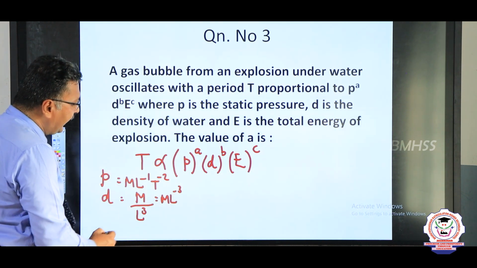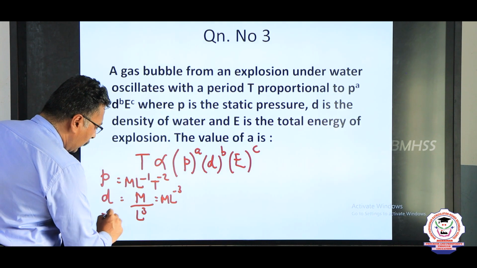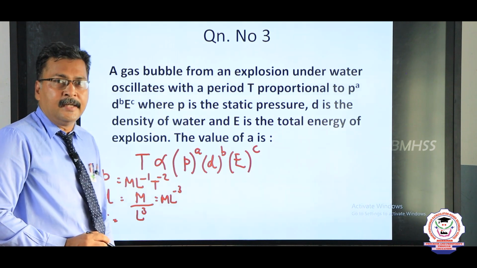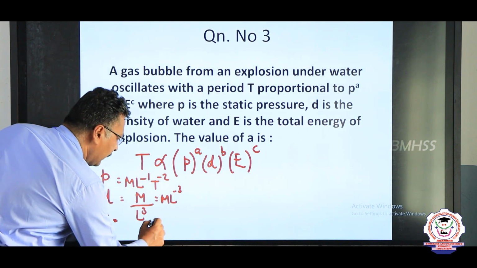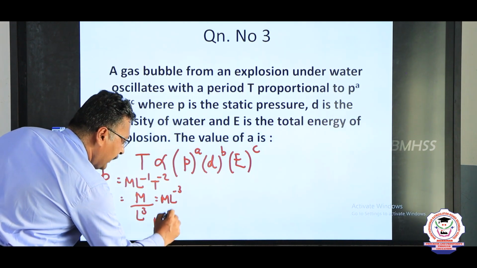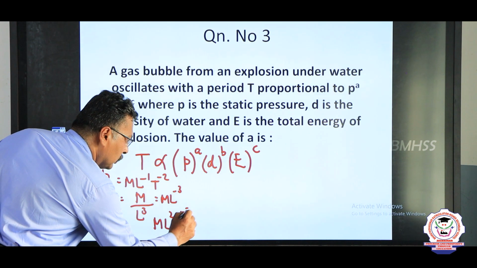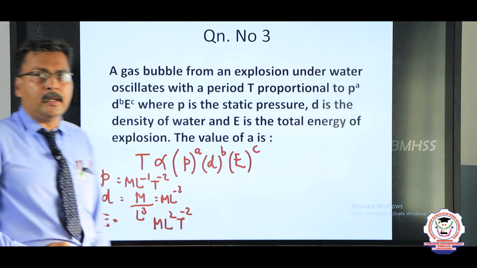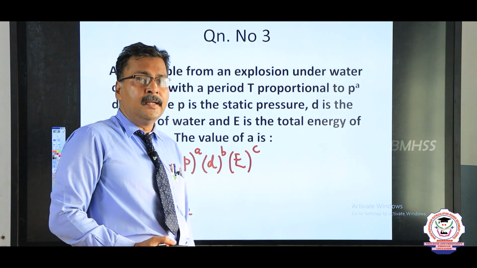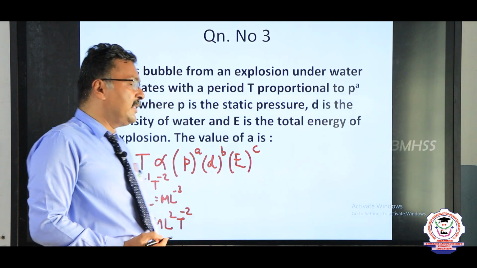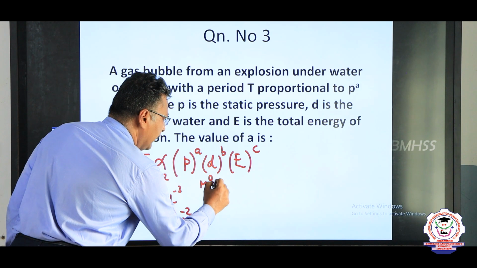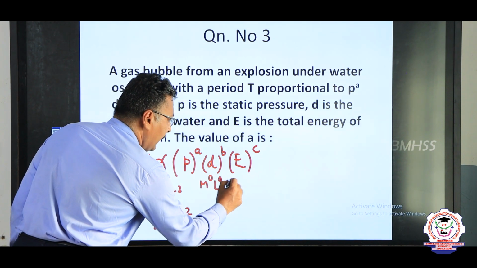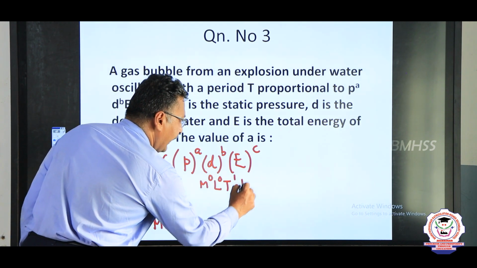What is energy E? Last one. E is equal to work done. Net work done is force into displacement. So you get M into L square T power minus 2. So we want to substitute all these values, raise them to the power, equate and get the values of a, b and c. So T, M power 0, L power 0, T power 1 is equal to K times